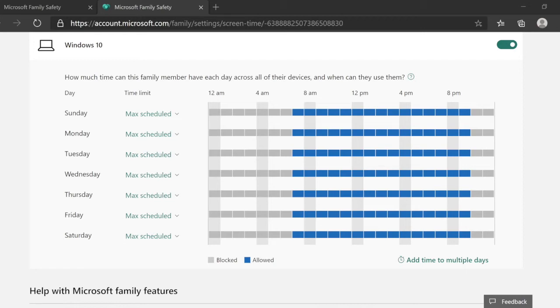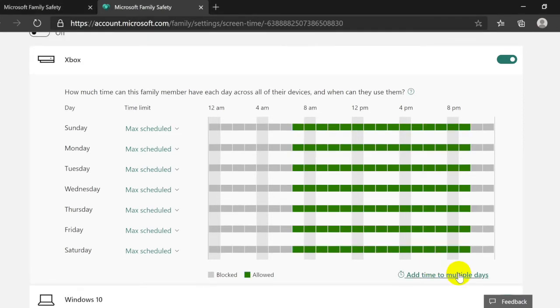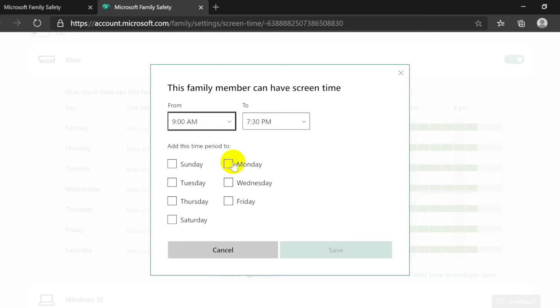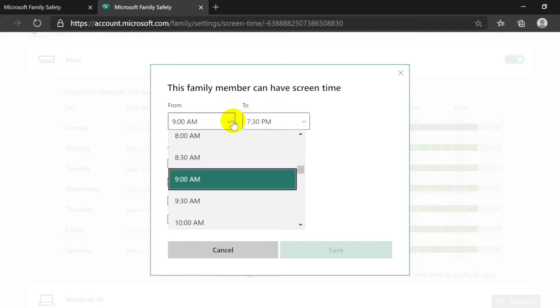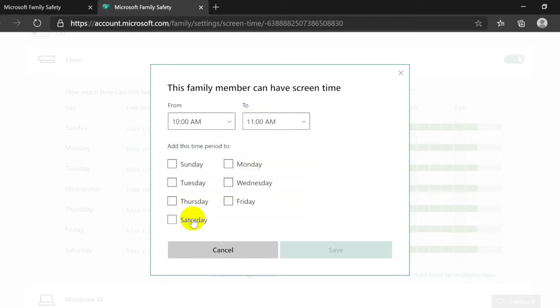You can create it by yourself, choosing which days or weeks they are allowed to use it, or what time they are allowed to use it on the schedule. So you can customize it by yourself.